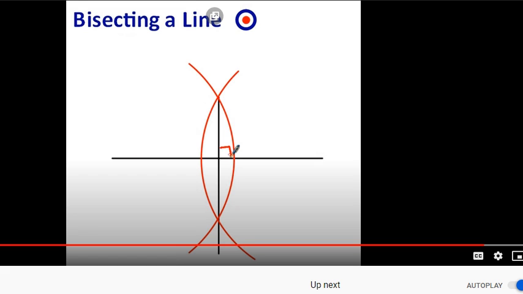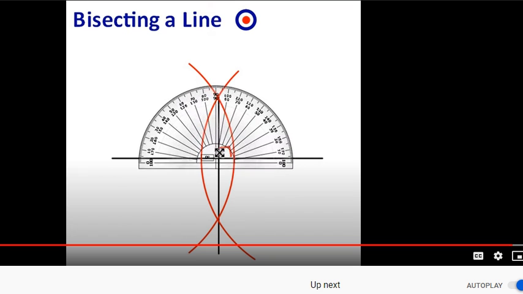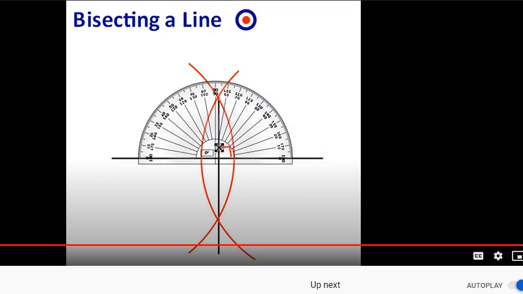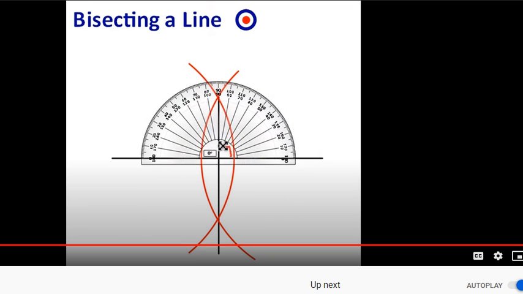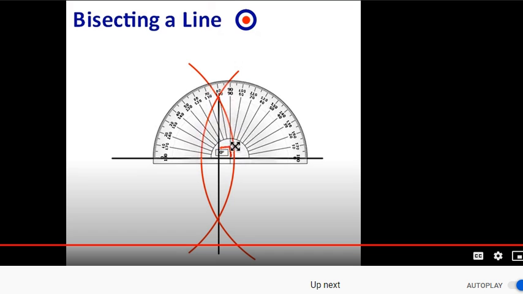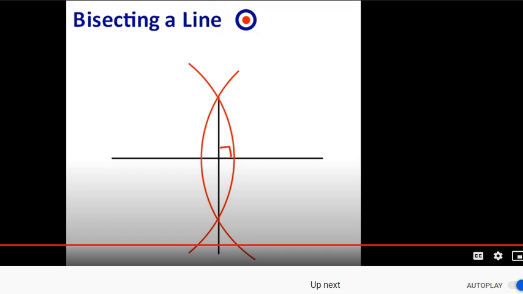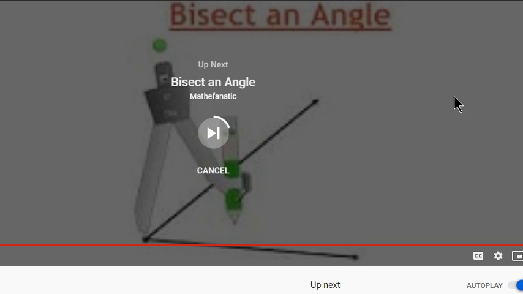And for the perpendicular, the angle should be 90 degree. So perpendicular bisector means the angle is 90 degree. So we can check the angle with the help of a protractor, that it will be a 90 degree angle. So the bisection line will divide it into 2 halves with a perpendicular. Okay, hope you will understand it nicely.